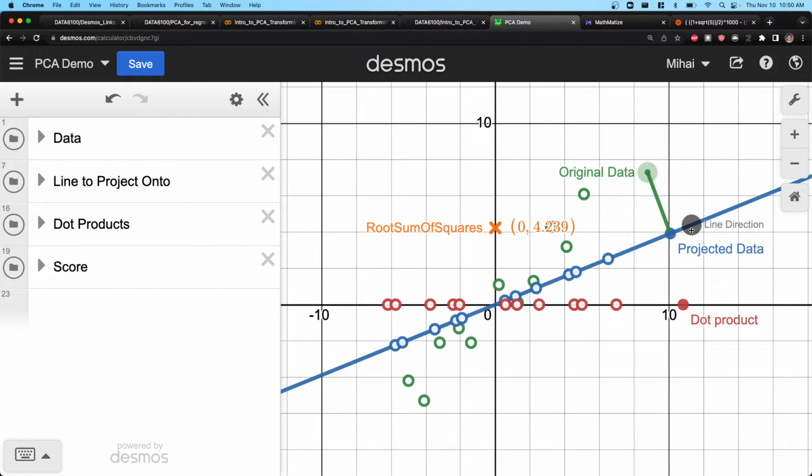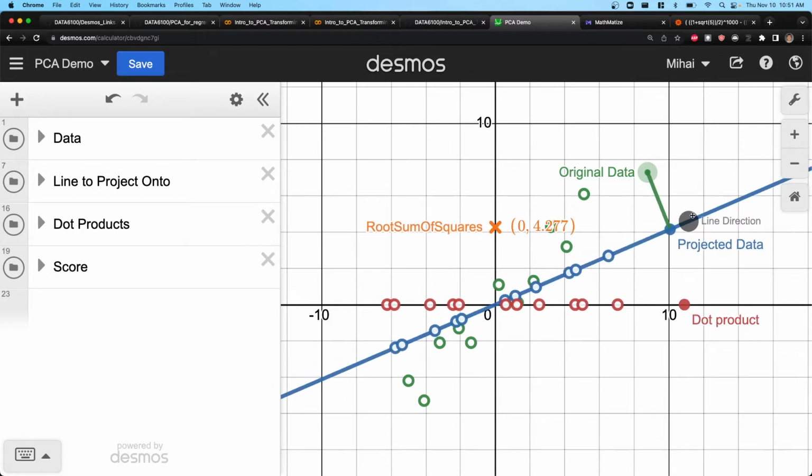Yeah. X, do you mean the green dots? X are the green dots. Yeah, that's right. So this is saying that if you want to get where the blue dots are, you have to do something a little bit complicated. But if you want to know where the red dots are, it's literally just this, right? The red dots just have one coordinate, and the value of the coordinate is how long the original point was times the cosine of the angle with the blue line. So you mean green dots, the blue gives you the red. That's right. Yeah. So x, this is the green,